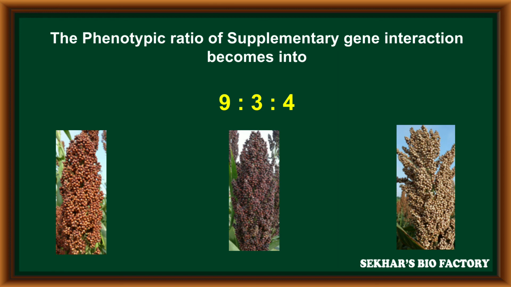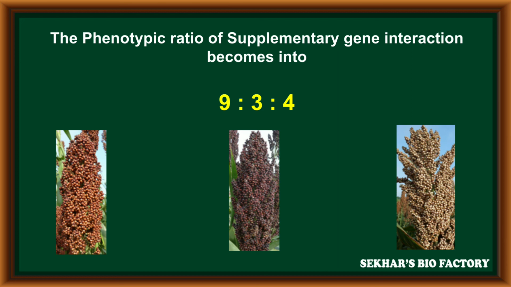So with this example, we can understand that two genes influence one trait. At this time the second gene itself never expresses any phenotypic character, but if the second gene is present with the dominant allele, only in such condition does it influence and interact with the first gene. When the second gene interacts with the first gene, automatically a new or third phenotypic character is expressed. Such a type of interaction is called supplementary gene interaction. Due to supplementary gene interaction, the phenotypic ratio of the dihybrid cross is changed to 9:3:4.